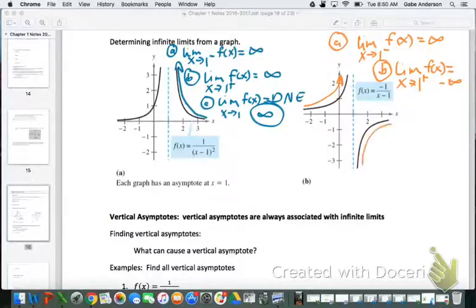That's because we're talking about this branch right here, decreasing without bound. And then finally, if I ask the same question I did before, just the limit as x goes to 1,